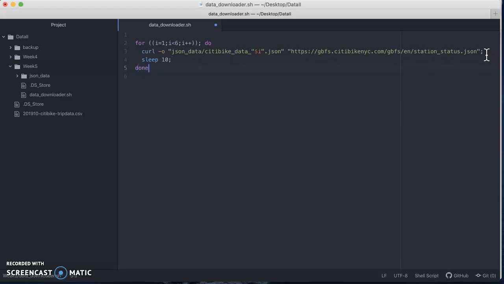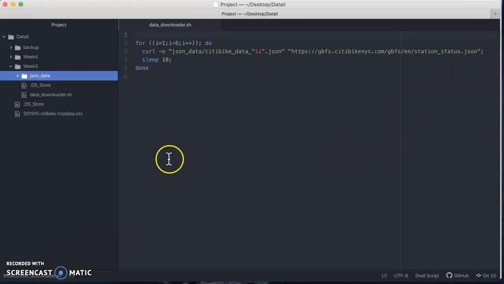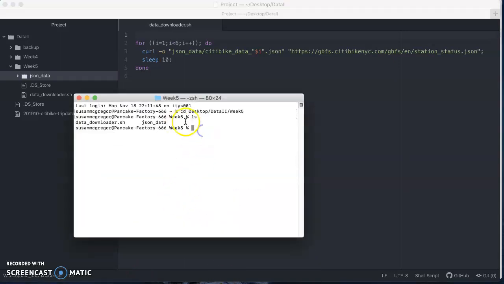And that's actually it. I put in this done, which is just a way of saying we're finished. And now with any luck, we're going to run this and we'll get what we expect. So all I'm going to do is pop over to terminal here. I'm in my folder. I do an ls. I can see my shell script that I've written here, and my JSON data folder, which is the folder that I'm trying to put it in. I'm just going to say sh